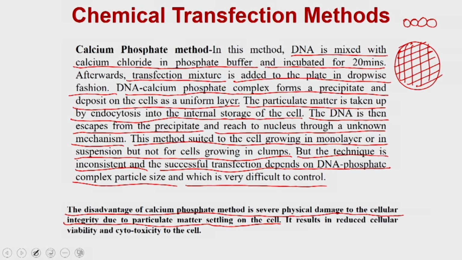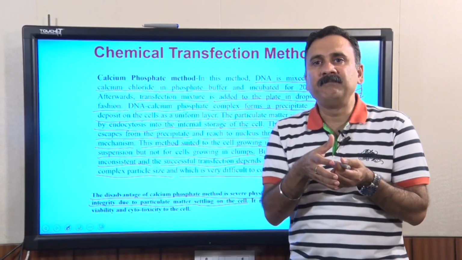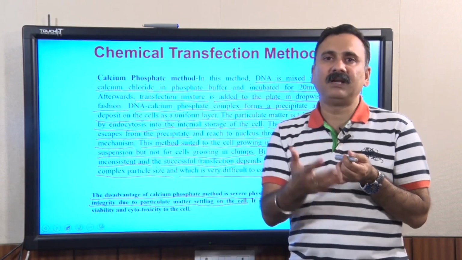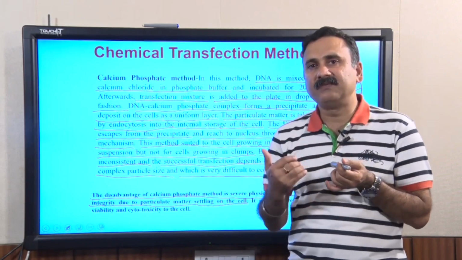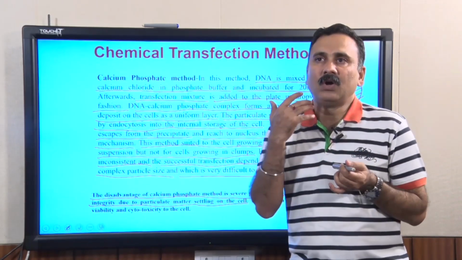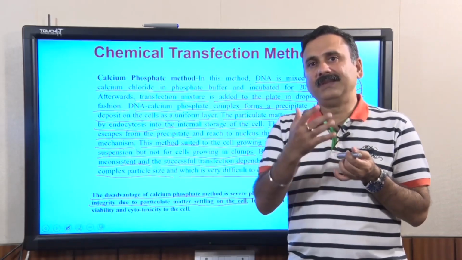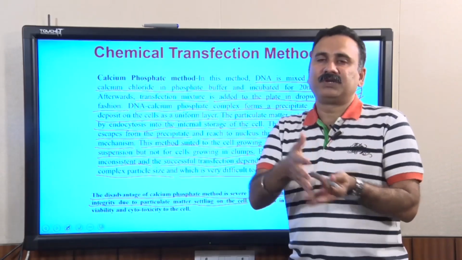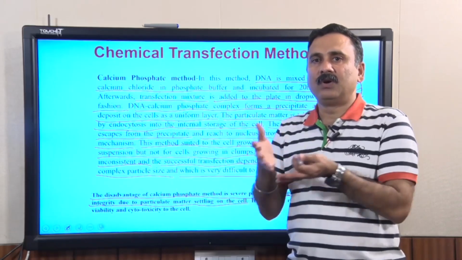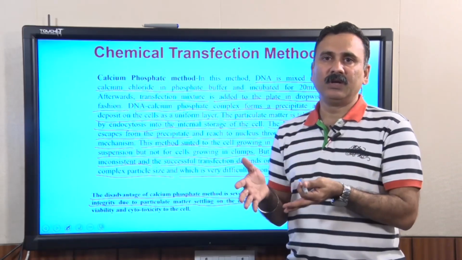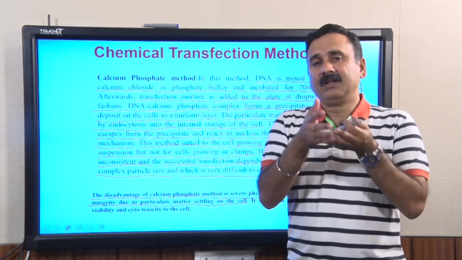For example, if you are working with endothelial cells or epithelial cells, these cells are very delicate. So, if you are putting very large particulate matter onto them, it actually causes physical damage to the cell, and once it causes physical damage, it is not going to allow these cells to recover post transfection, and that is how your overall transfection efficiency is going to be very low,